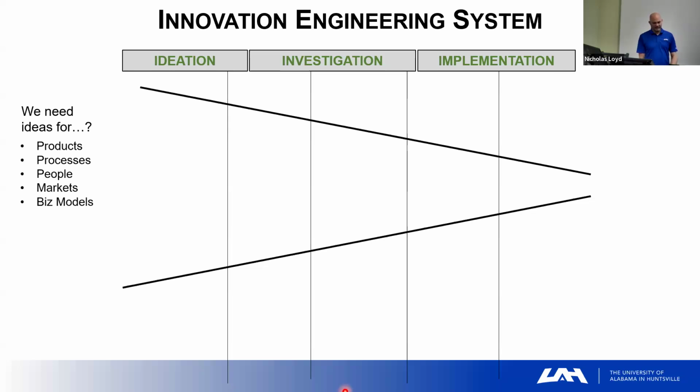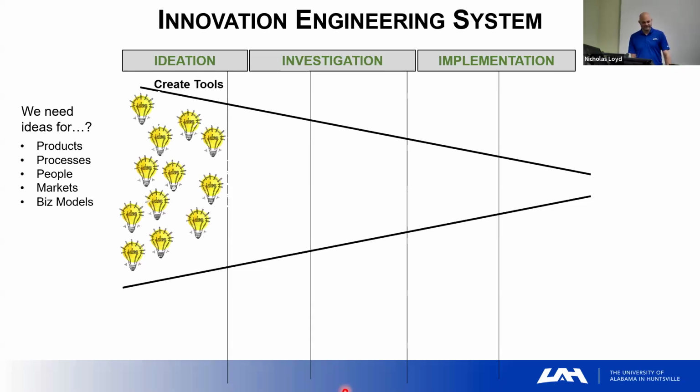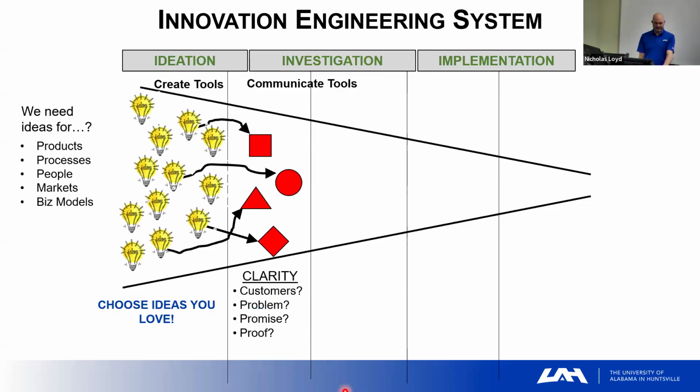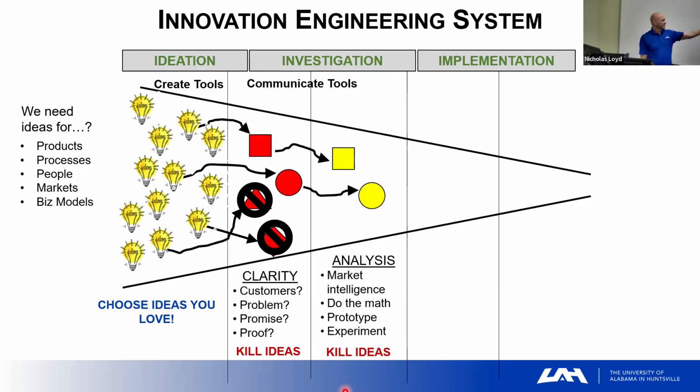So all of that in phase one, come up with ideas using the create tools. Then at the end of phase one, I said, choose ideas that you love and move them into the next phase. And at the end of phase one, you actually did. You moved 5 and you said, who would be the customers for these products? What problem does it solve? You did those 2. That's the left side. And then you kind of choose some and move on. But then you also have to fill out the promise and the proof for the other 2.